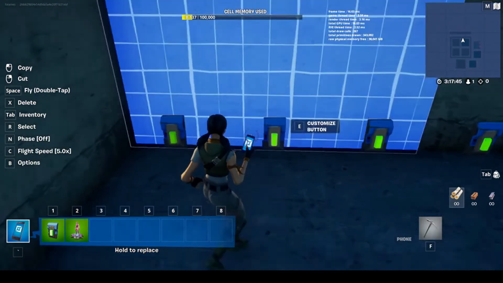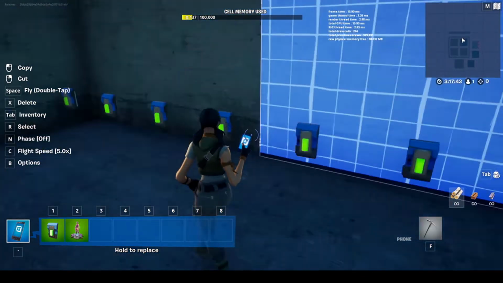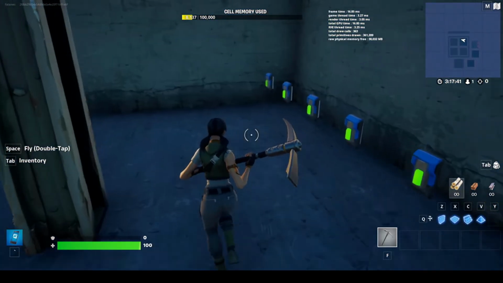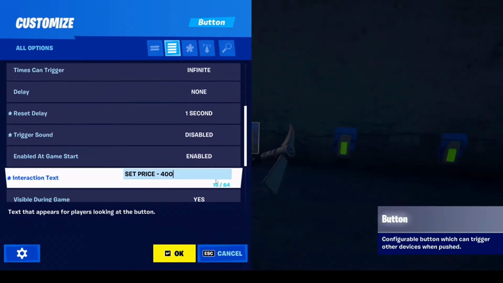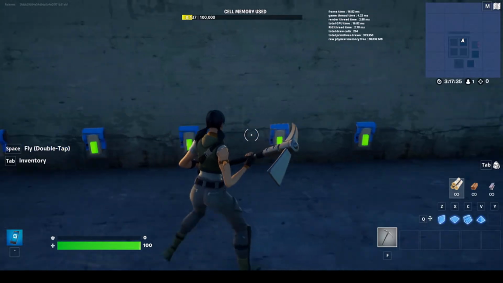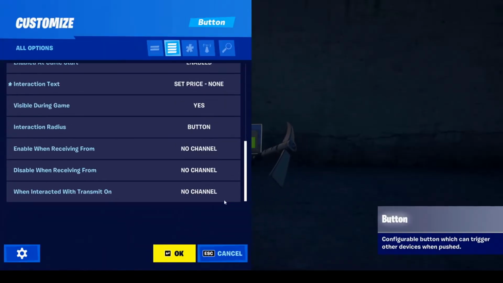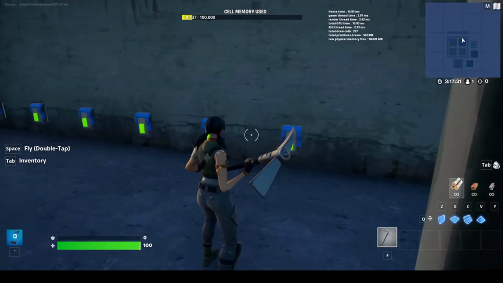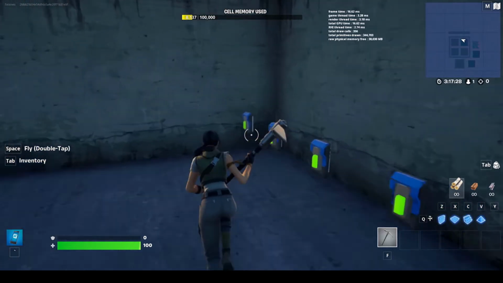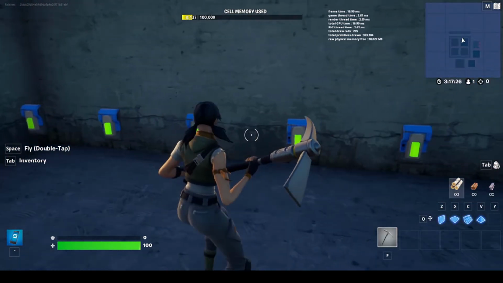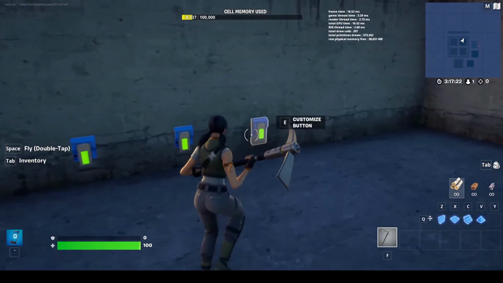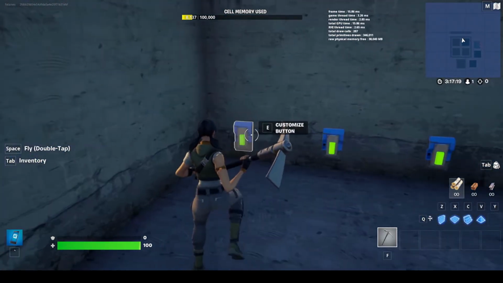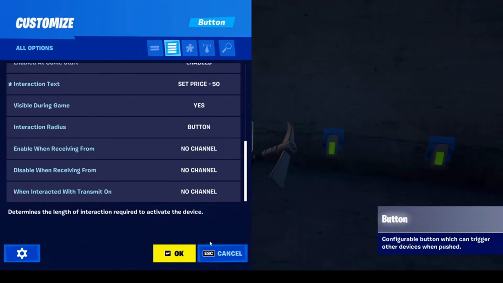So all of these are placed, and now what they do is each of these represents a price point to enable, except this one, which simply disables all of them and re-enables each of these buttons, because when you press one of them, the idea is all of those will disable and this will enable. The idea here is